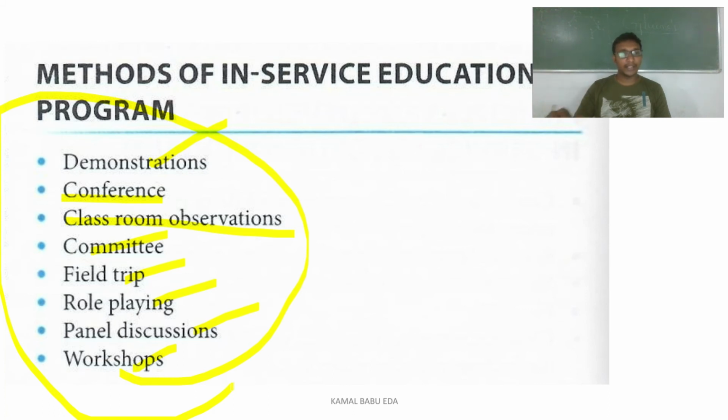You can make them attend any kind of conferences, or you can make them sit in a classroom and observe the method. Committees, field trip, you can take them directly to the situation and show them. Role playing, each person is assigned a role here and they will play. Whenever they are playing, they will realize. And next one is panel discussion. Panel discussion means all the individuals sitting there will be governed by a higher authority person who has great knowledge regarding the particular subject, and he is going to moderate the session. Everybody is going to discuss the important points that can be taken into consideration. Remaining, they will be left like that.